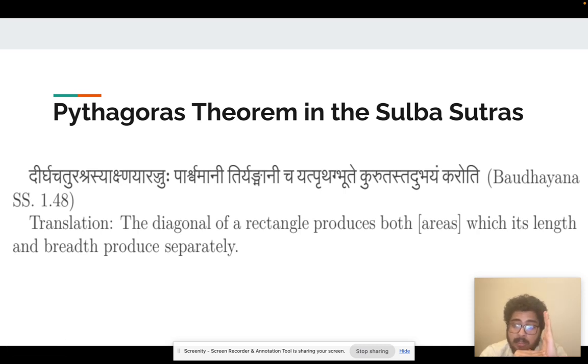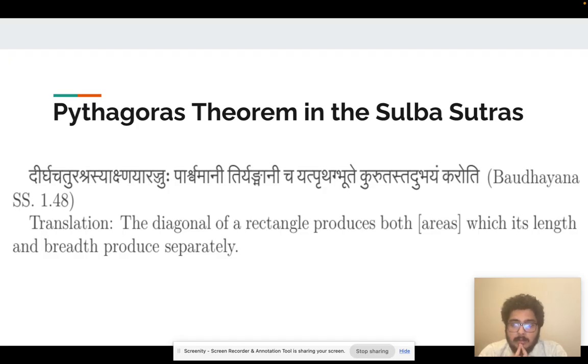If this is B, then the area of a square which takes this breadth as side will be B square. And if there is a diagonal which is C, then the area of the square taking that as side will be C square. So A square plus B square equals C square. This is what this sutra goes on to say, which is the same as the Pythagoras theorem in other words. So this is the first time in human history that it was recorded, in India, around at least 3800 years ago, that we have the Pythagoras theorem in its theorem format, and this is at least 400 years before Pythagoras was